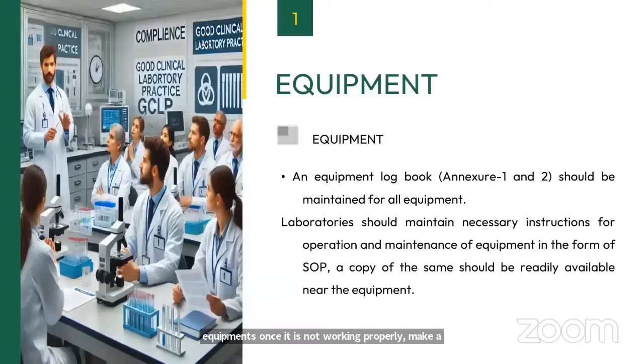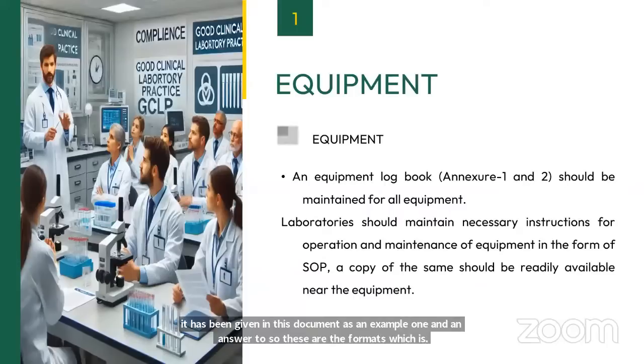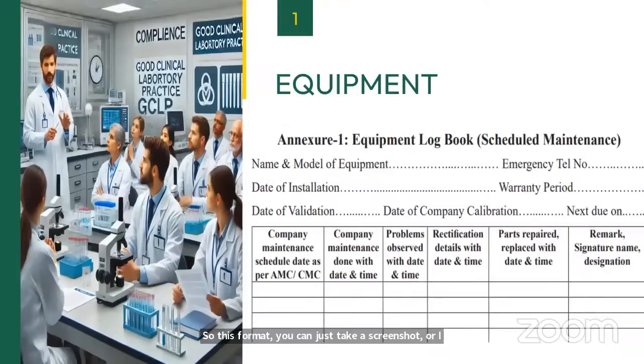So equipment logbook should be maintained for all the equipment. Now it has been given in this document as Annexure 1 and Annexure 2. So these are the formats which are given. This format you can just take a screenshot, or I can send it to you later also, like how the equipment